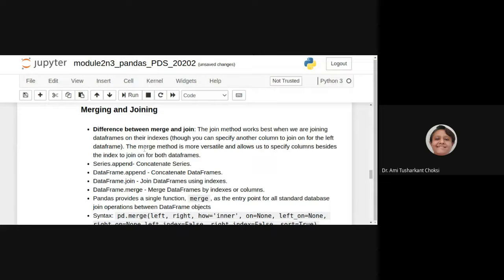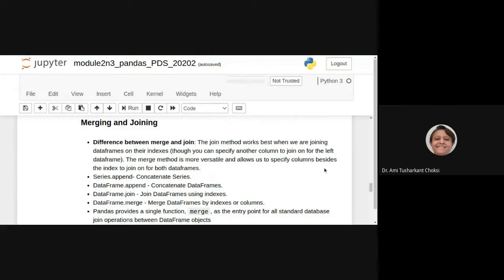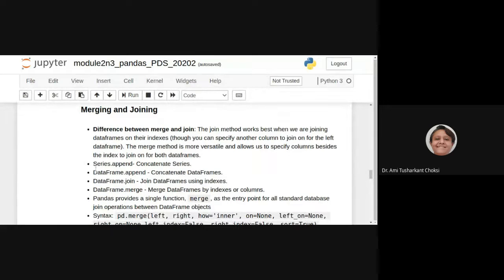The merge method is more versatile and allows us to specify columns besides the index to join on for both data frames.